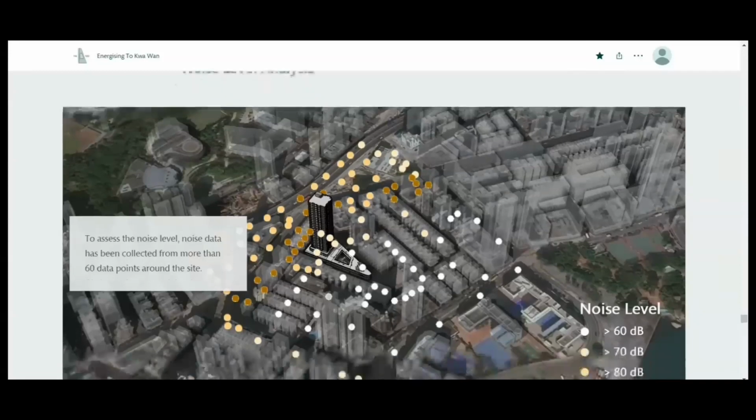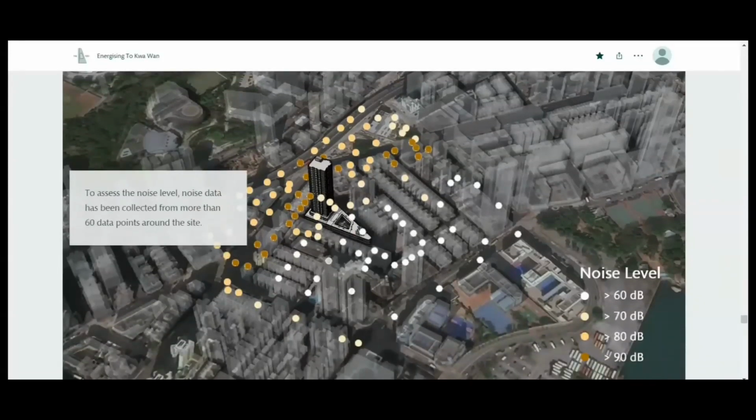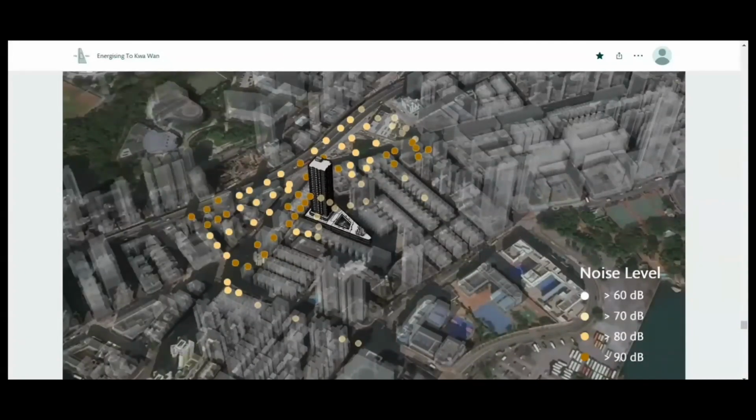After we input all our data in sequence, we input the data points into the GIS software, and here's the final result. Different data points have been categorized according to their noise level in units of dB. As you scroll down the story map, you may see more points being eliminated, and finally on the west side of the site, you may notice that most of the points are larger than 90 dB, where the noise pollution is the most intense.